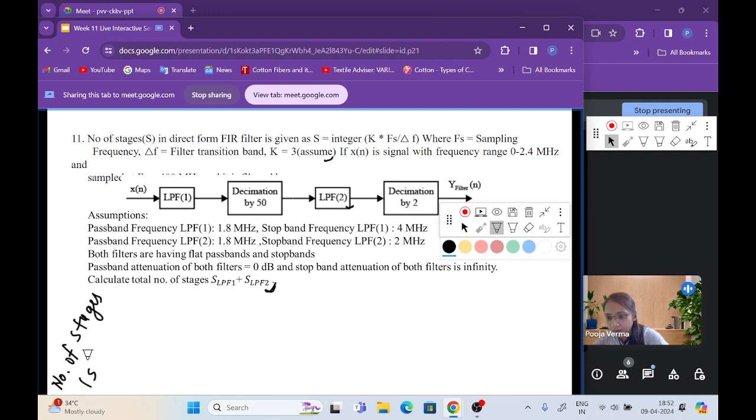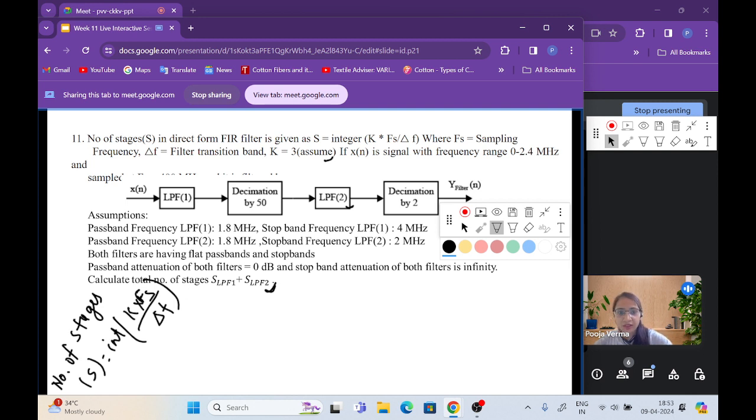is given in the question as integer of, here I am writing only int, K into Fs divided by del F, where del F is the transition bandwidth, Fs is the sampling frequency, and K is a constant which we need to assume as 3. So now Fs is given and we need to find out the del F, that is the filter transition band,